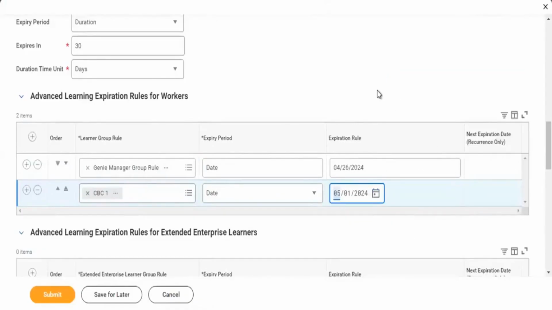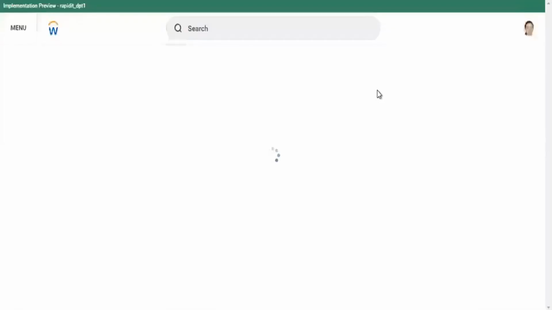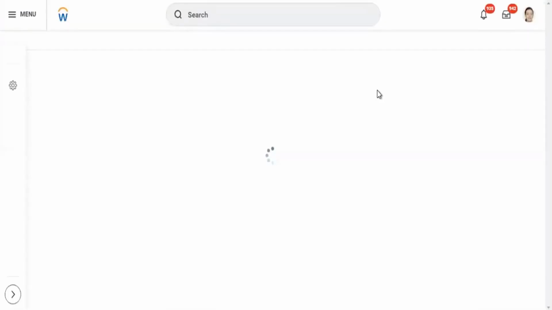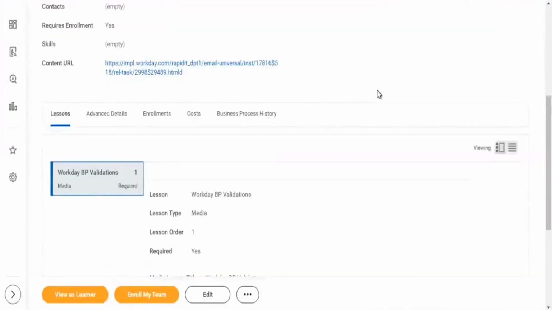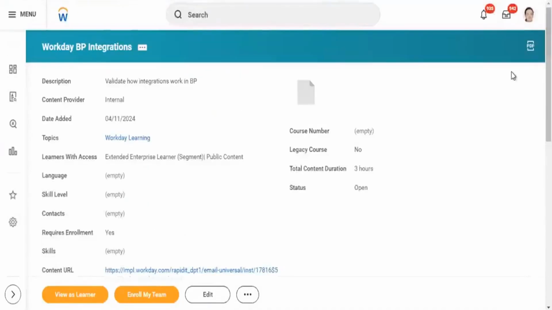For a different group of people, you can set expiry rules so that those employees will not be able to access this course after the particular date. You have an option to define expiration rules for a different set of employees. This is one of the unique features. You might not see this kind of feature in any learning system. That's how you can set the expiration date for the learning courses, either for a group of employees or a set of employees.